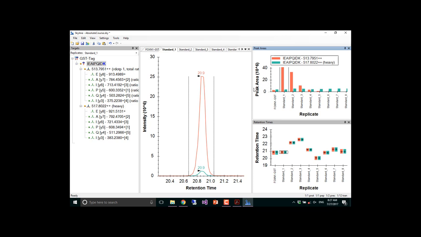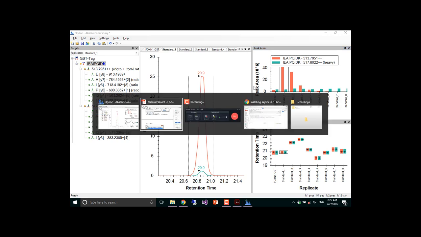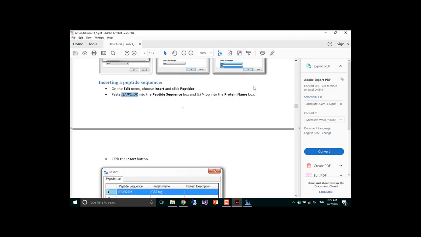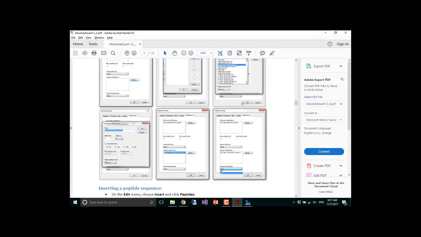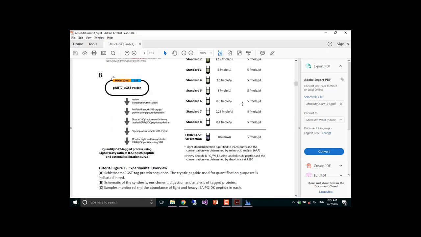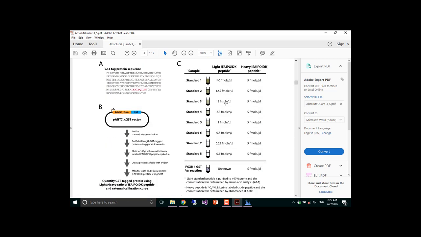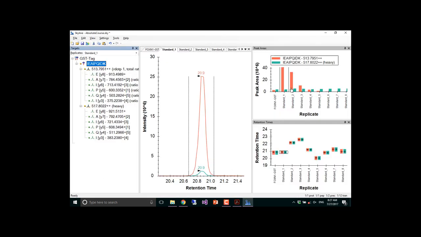Well, okay, so now everything's imported for me. So let's go ahead and get started on that. Let's pretend we're doing things the easy way first. This is, as Andy said, done a lot. We know how much of that heavy standard we've injected, which is 5 femtomoles. And we can just estimate the light in that unknown based on that. So here's our unknown here, Fox N1